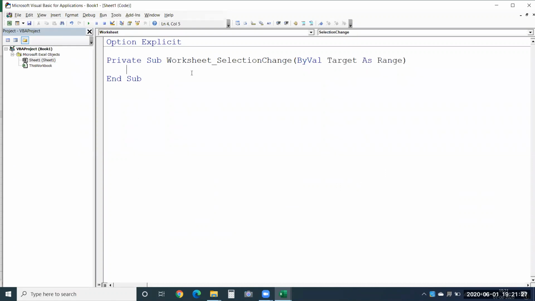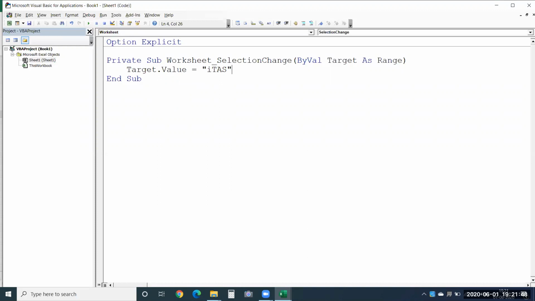Using the same, I want to print the value ITARS. That's it, Target.Value. Target is the cell which you select on the sheet, and say equal to, what do you want to print there? You just provide that text or number here.